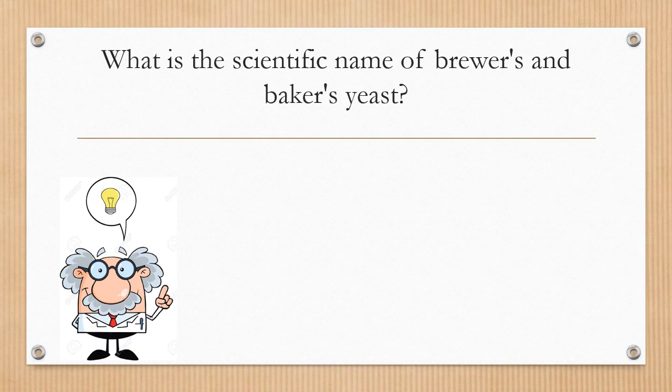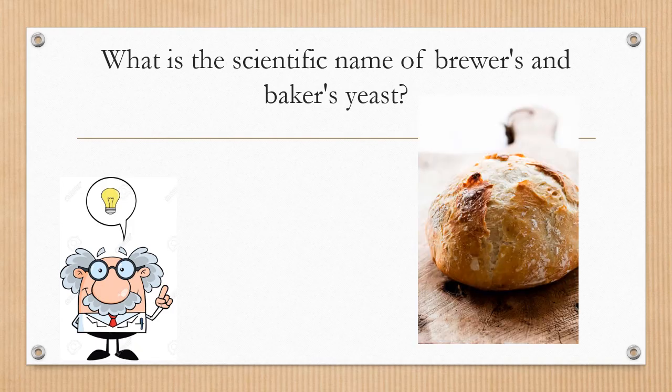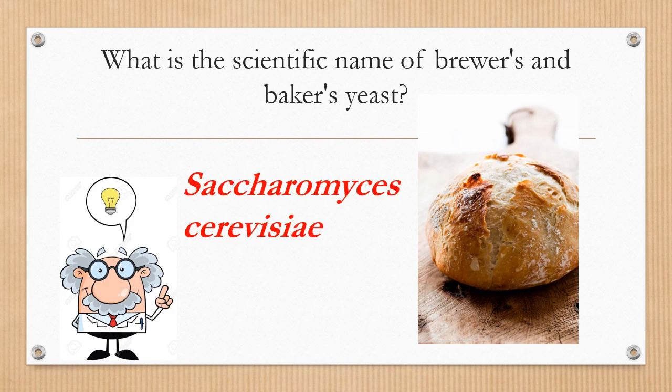So, we use it to ferment the wheat and ferment the grains. So, you get this nice fluffy bread because of the action of the yeast, and we call this yeast Saccharomyces cerevisiae. You can also go back to the label at home and check. This is the name of the fungi that we use to ferment the bread.